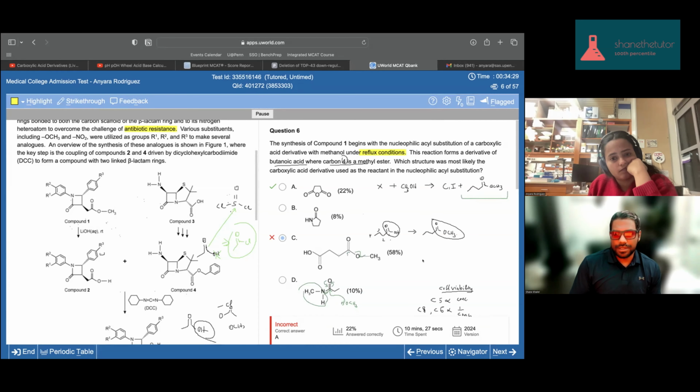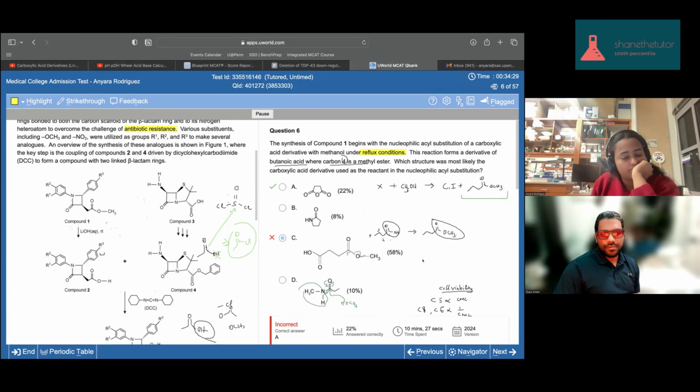What we want, I think, is a better way of understanding this. We have, okay, one, two, three, four carbons here. We have one carbon here. Compound one. I mean, I guess there are a lot of carbons there, but what I would think about is what can be something that could have its